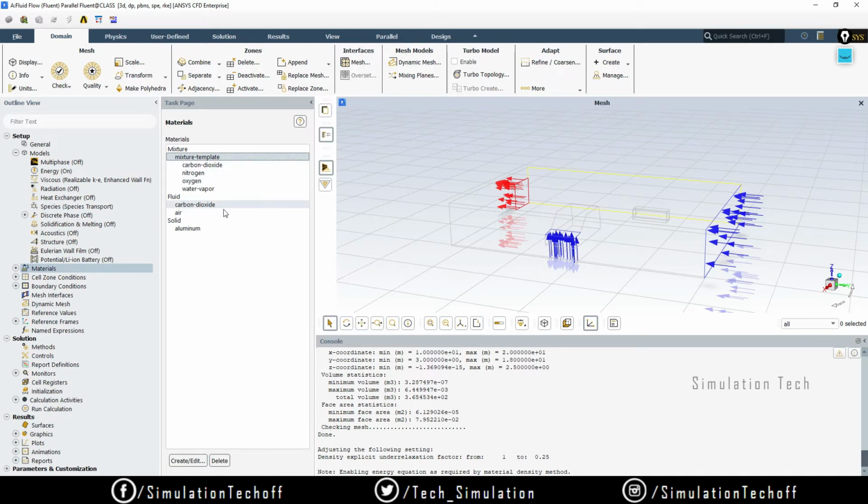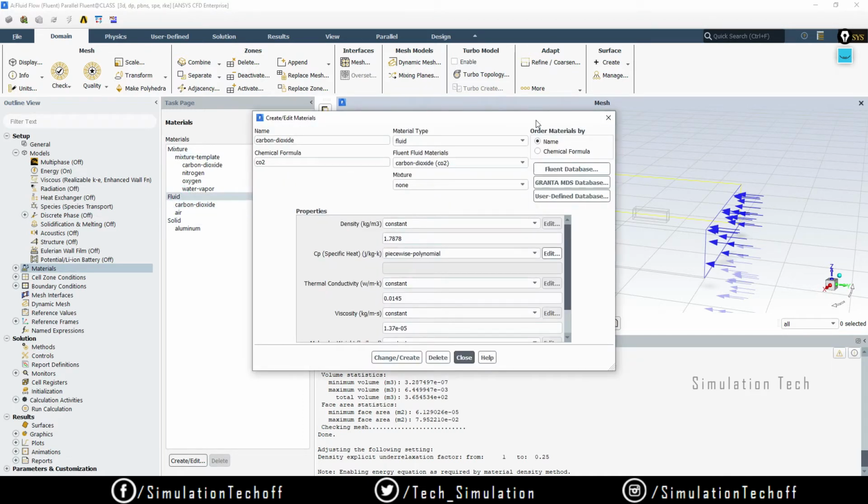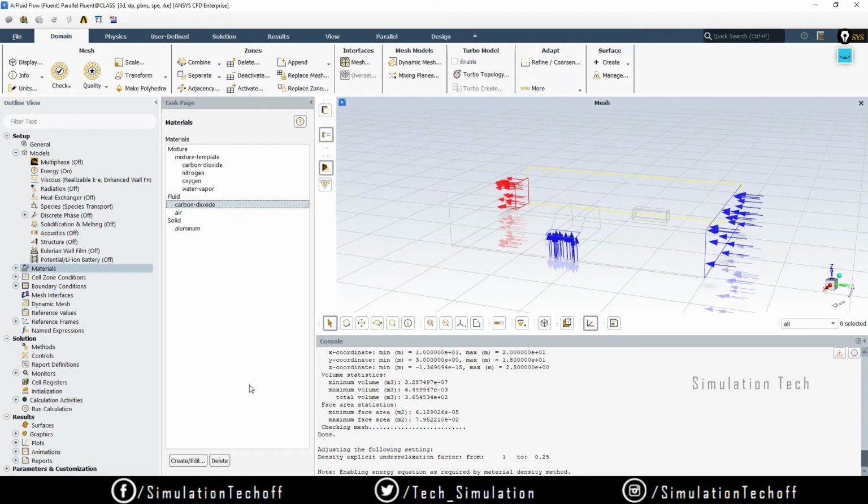If you want to remove it from the fluid, you can remove it, or else you can just leave it as it is. If you don't want that, you can just select it and delete it also, but I don't want to delete it. Okay. So once you have added the mixture templates,